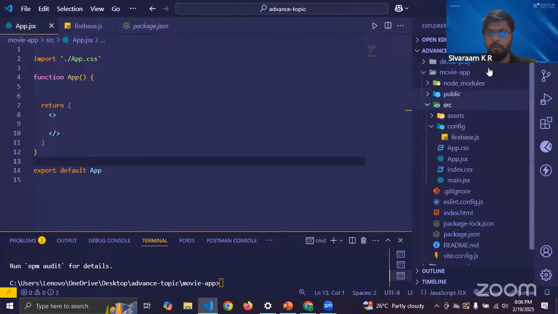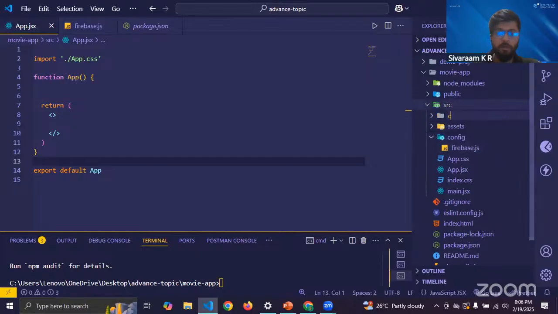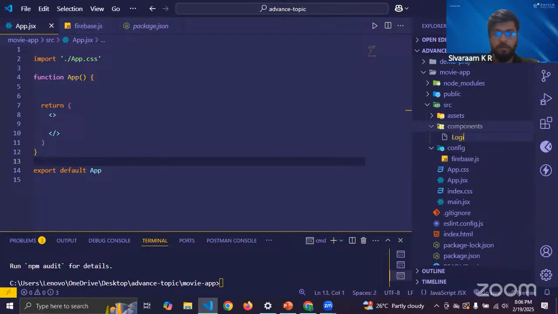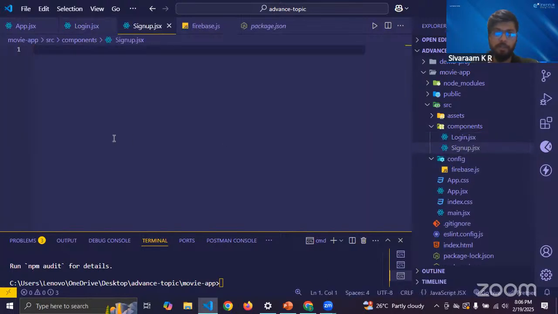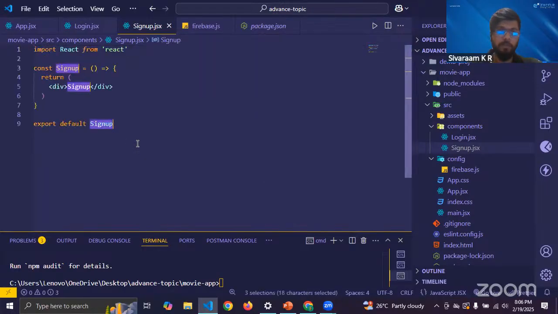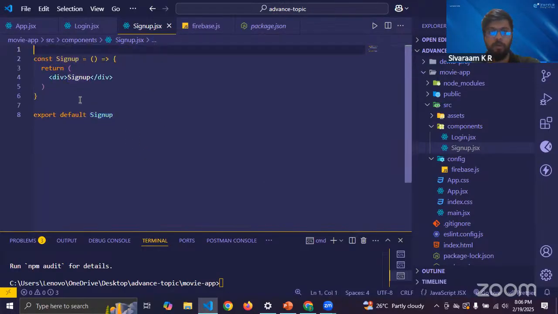I'll go to src, create a folder, components. Inside that, login.jsx, and then signup.jsx. Okay. Here you don't have to worry about CSS. I'll be just creating sample HTML files. If I write CSS also, it will consume too much time. Okay. I'll be just implementing Firebase. Okay. So once you do this, here inside sign up, I'll just create an h1 tag